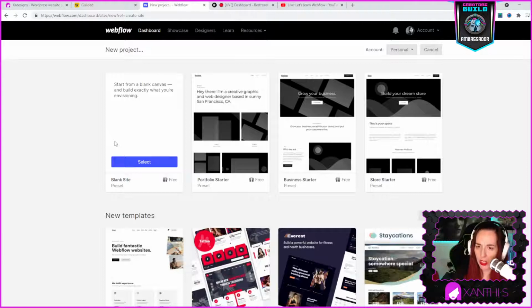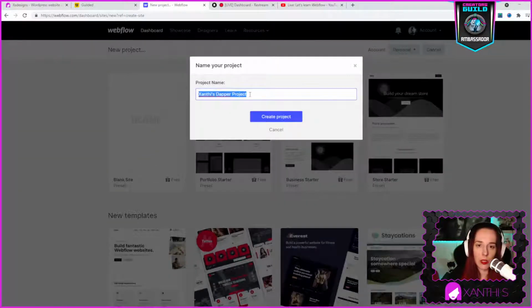So which one? Do I pick one of those, or do I do a blank site? I think I'm gonna have to go with a blank, empty, because I want to create something that is already existing there. So it's not like I'm going to take a template and just adjust it. I'm gonna start building it now. So let's do the blank site. Select. Let's take this one.